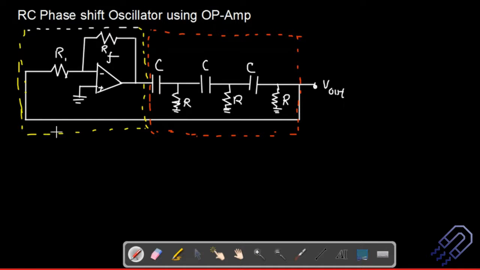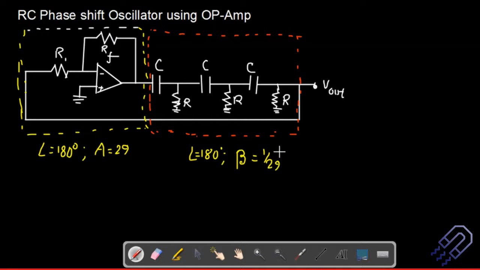So in this particular circuit, technically you should have a phase angle of 180 degrees. That's the first point. And the gain, that is A, is going to be 29. We are going to see why it is 29. It's a value which I directly put in, but we need to know why it is that. And here this should also offer a phase angle of 180 degrees. And here the value of beta will be equal to 1 divided by 29.